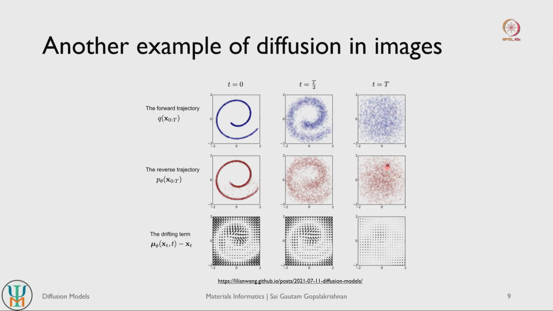In the diffusion model, you try to learn the reverse trajectory. So you start from here and then you try to sample more and more ordered configurations, and then you try to recover back your original configuration. Of course you won't be able to recover the truly original configuration. There will always be some amount of noise present in this diffusion process. This drift term, which is represented by mu theta, you can think of as similar to a chemical potential, but it's actually built into the loss function of your diffusion model. So it tries to minimize the loss as you get back your original shape, get back your spiral.